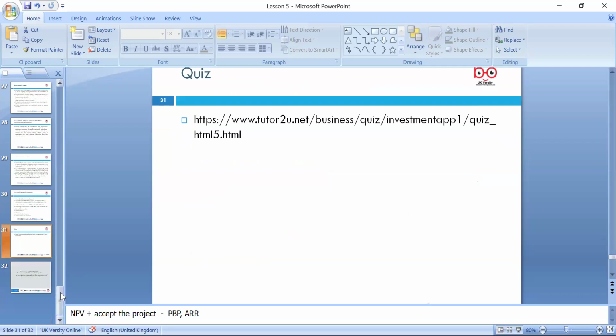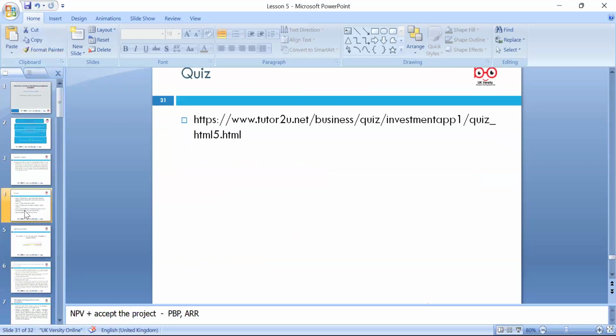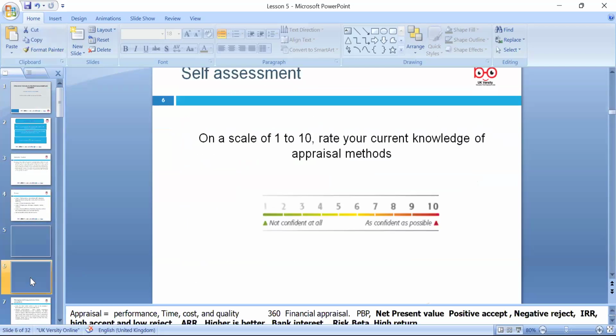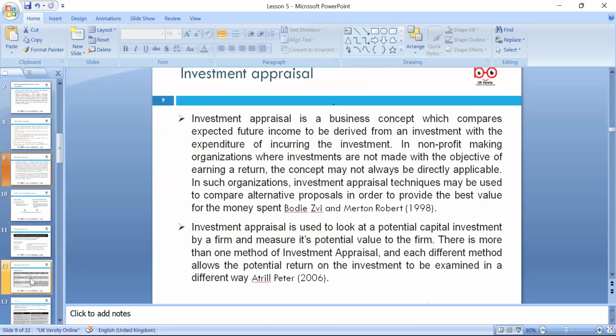Okay, I included the link for you to do the quiz at the end, and that will help you enhance your understanding of investment appraisal. So guys, today we discuss investment appraisal. The first method we discuss is